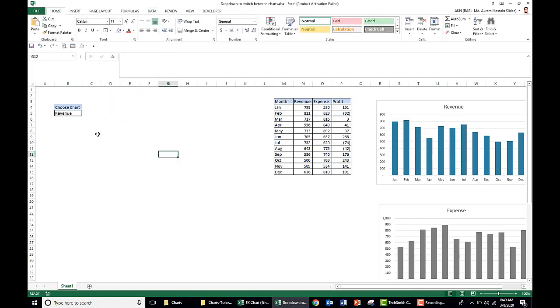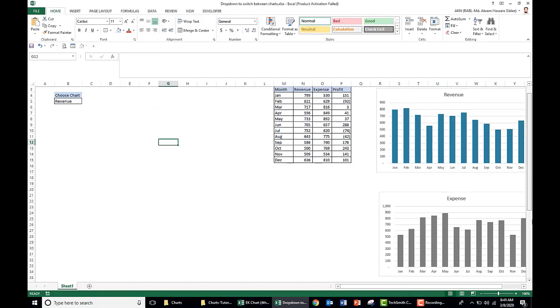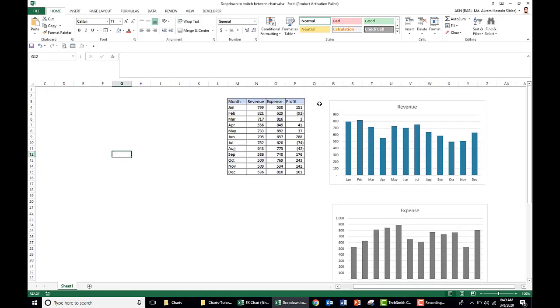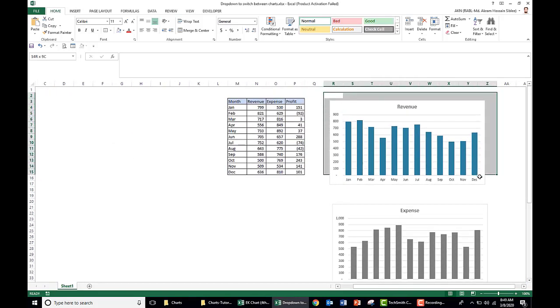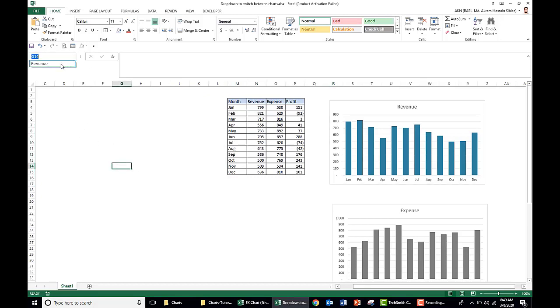Now what we need to do, we create a named range for each of the charts. So how can we create the named range? We select the area of the chart and come here to the name box and write here, say, revenue chart. So if I choose my revenue, this area is selected.